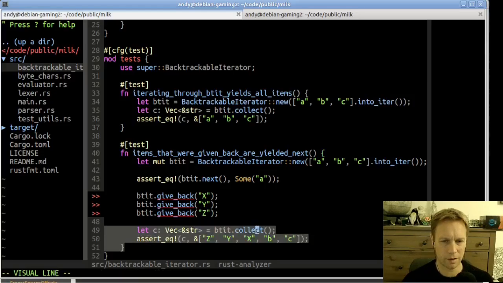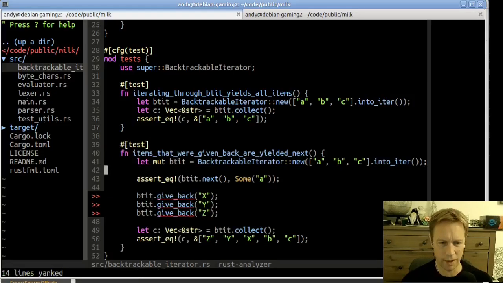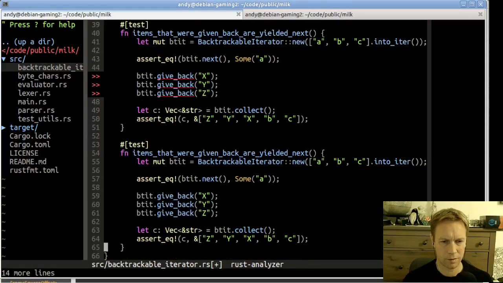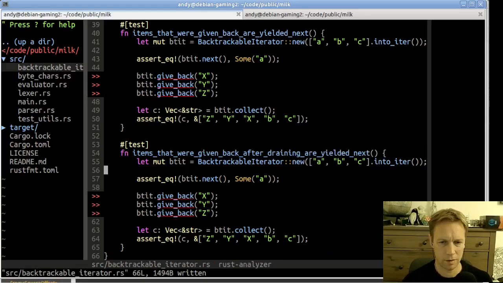And then the only other test that we want is if you drain it, items that were given back after draining are yielded next. So we could try just an empty backtrackable iterator. That might be interesting as well. But for this one, let's